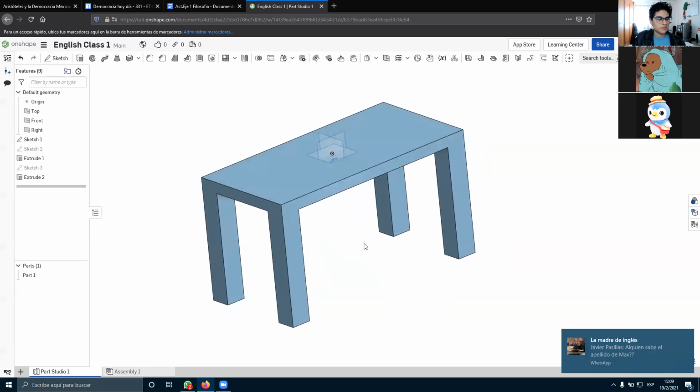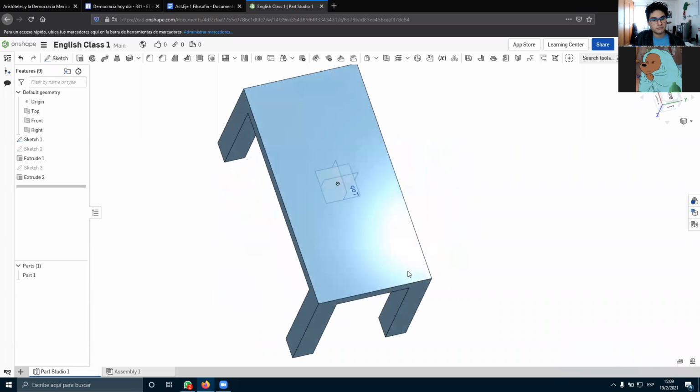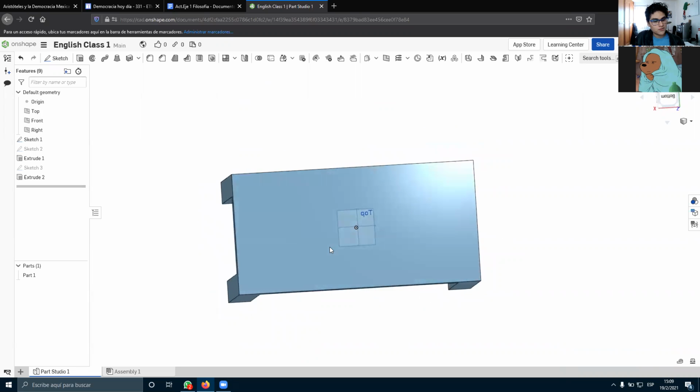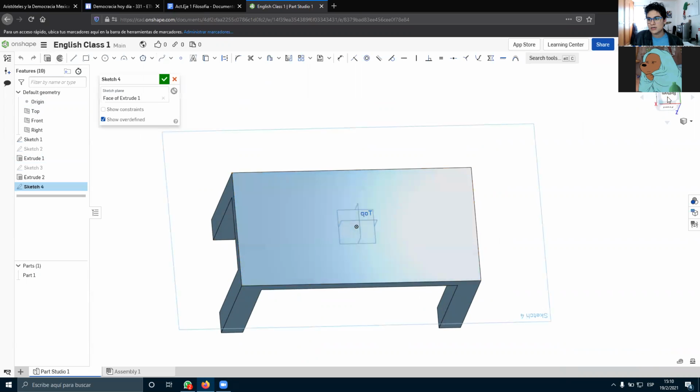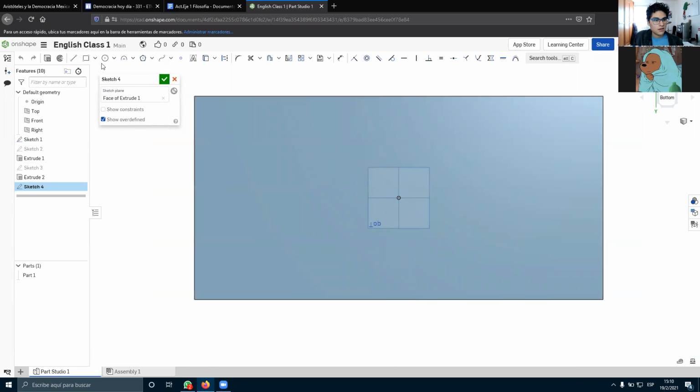only for this last part, let's suppose that this table is gonna have crystal inside, like a decoration part. So what I want to do then is to make a hole in order to put that crystal. So I'm gonna make a hole, and I'm gonna work again on this surface. I'm gonna click on sketch. I'm gonna try to clear this view like this. And I'm gonna have kind of circular